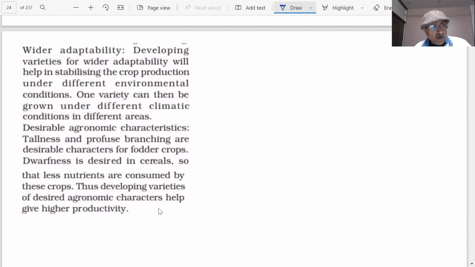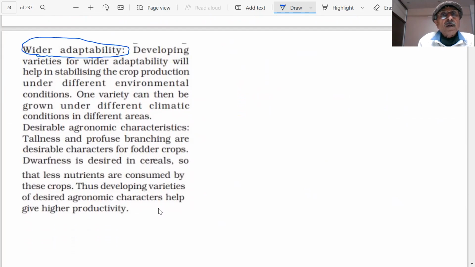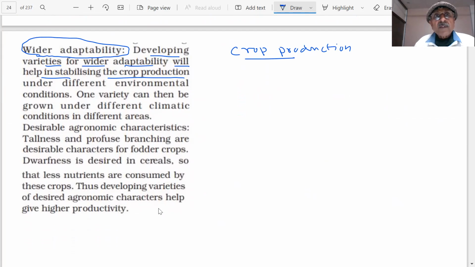So very good. That means we understand now. See, wider adaptability. Developing varieties for wider adaptability will help in stabilizing the crop production. See, the crop production is our target. High crop production. And there should be stability in that. So the important thing, adaptability, we have told you. This will help stabilize the crop